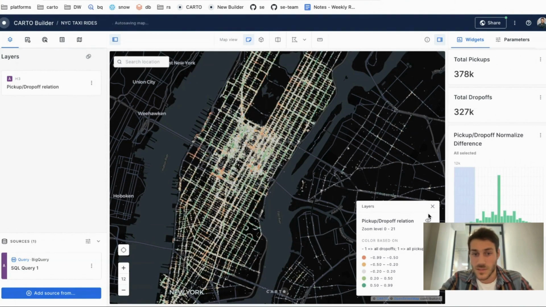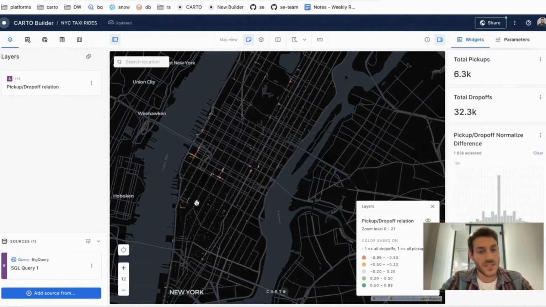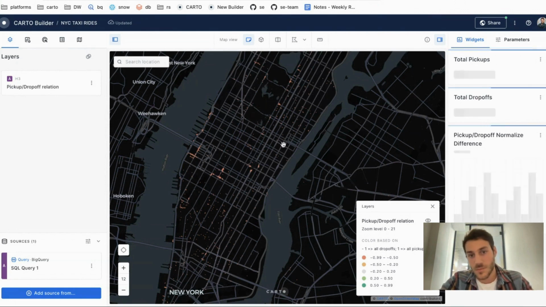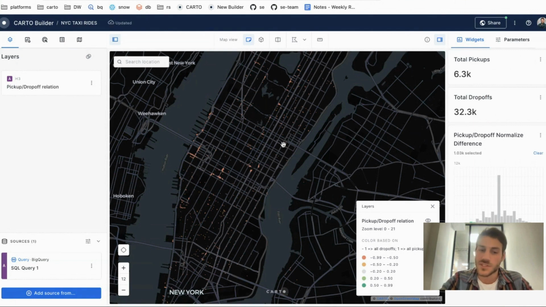And if I do the opposite, I can see really clear spots where the drop-offs are happening. So clearly there's some point of interest or something that is happening on these areas that any agency such as Uber or any other will want to consider to balance the system of incoming and departing